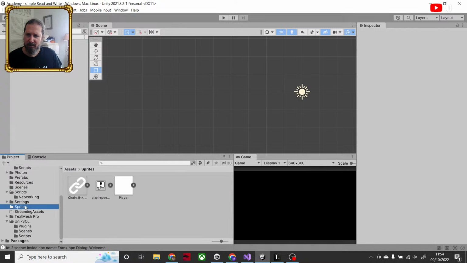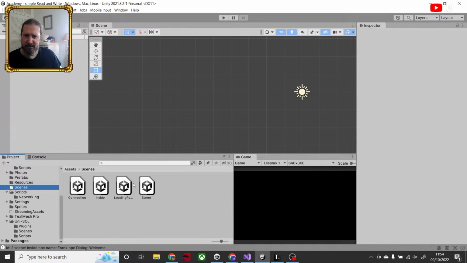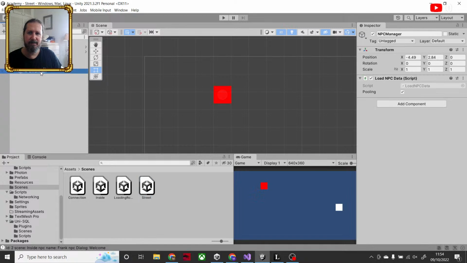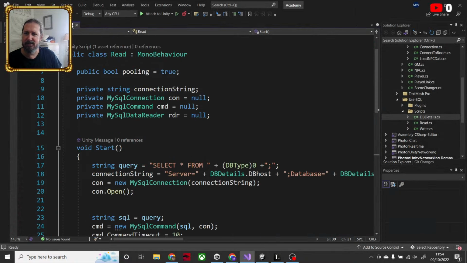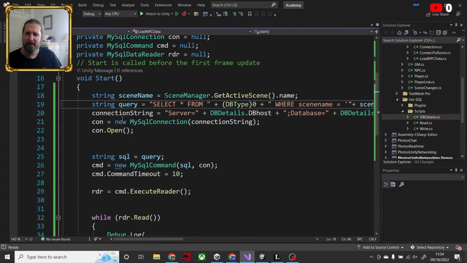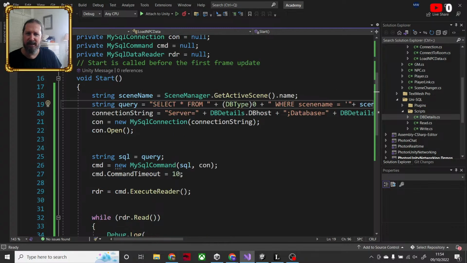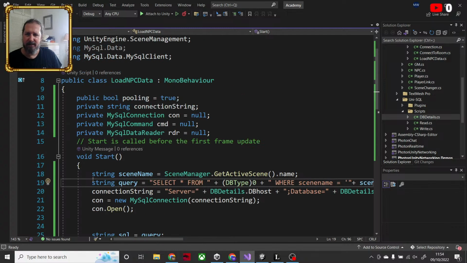So I'm going to go to my scenes, and let's go to street, where I've created an NPC manager that holds that load NPC data. And that script looks like, so like I can get rid of that read for now. So it's basically all the same things. The only thing different is that I've added in this scene name.